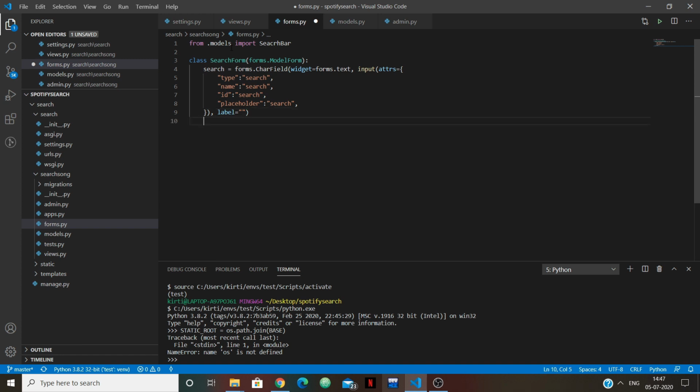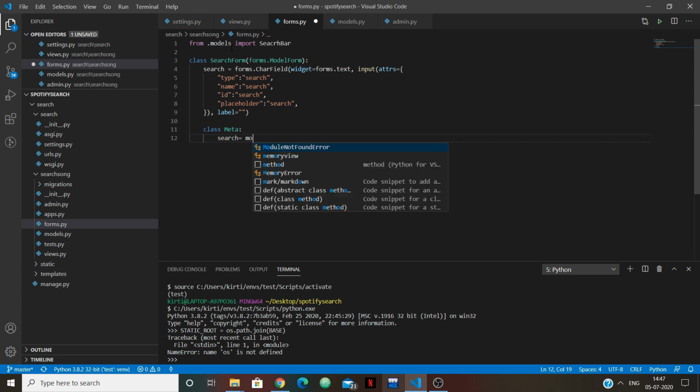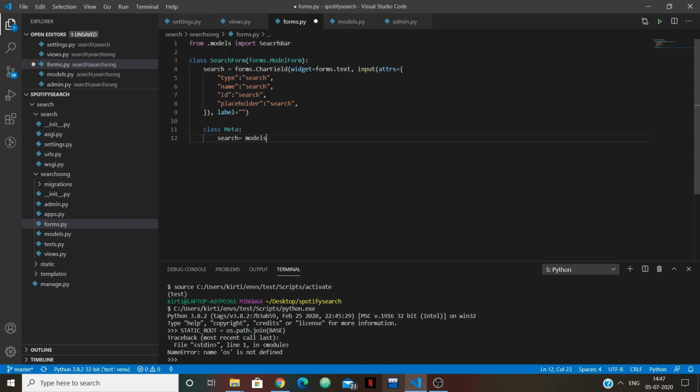Okay, and just create a class Meta, and in this just tell your search model that whatever data has been entered by the user, it has been fetched by the crispy form, and from here you have to fetch it.